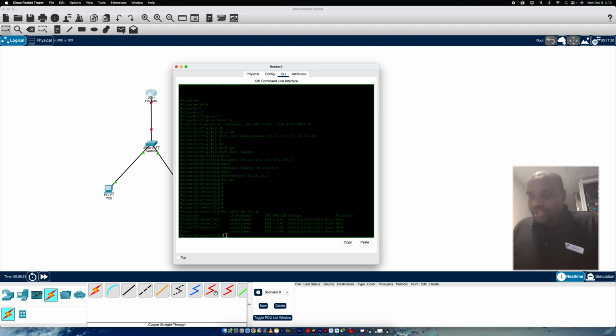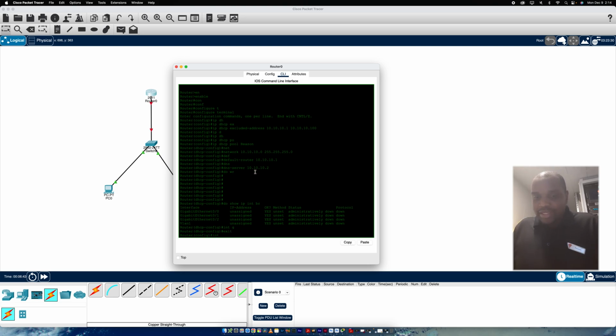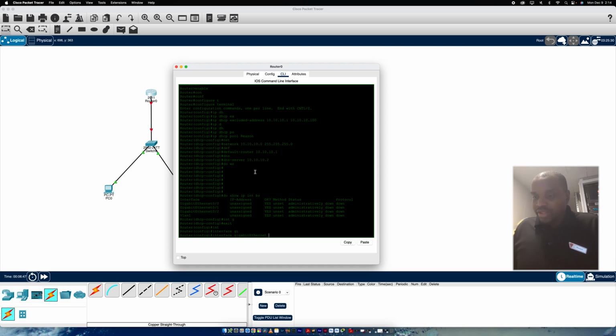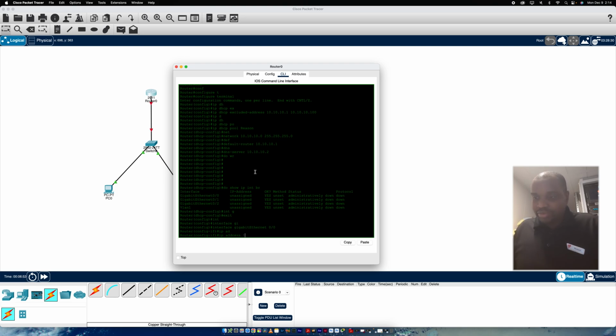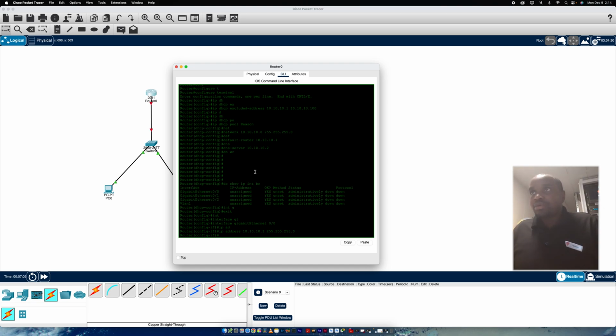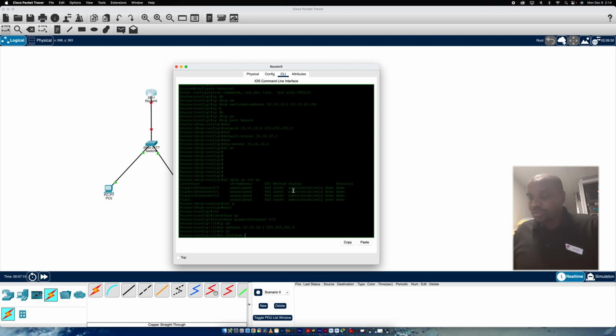So we're gonna go into its configuration. Interface gig... okay, let me exit this so that you can see the whole command. I can say interface gigabit Ethernet 0/0, and we're gonna say ip address. We're gonna give it 10.10.10.1 255.255.255.0. Okay, but it is administratively down, so we need to configure it like no shutdown, and we get a